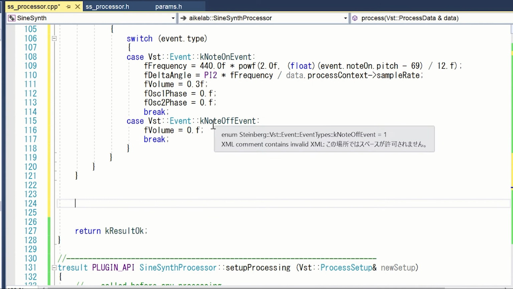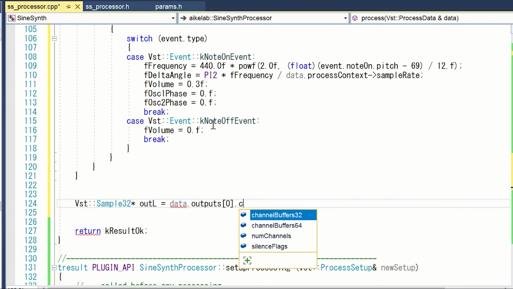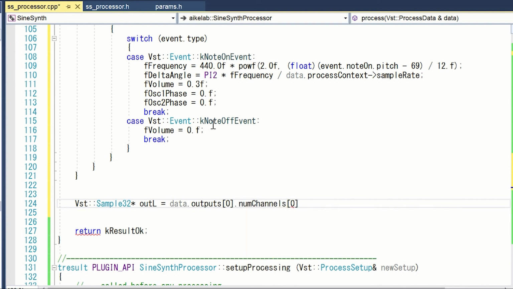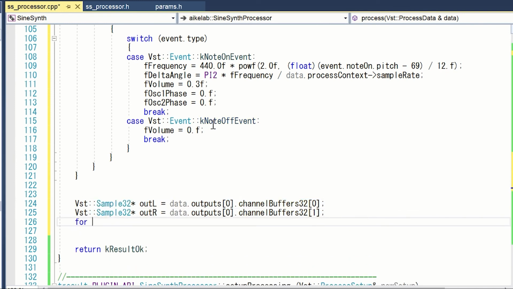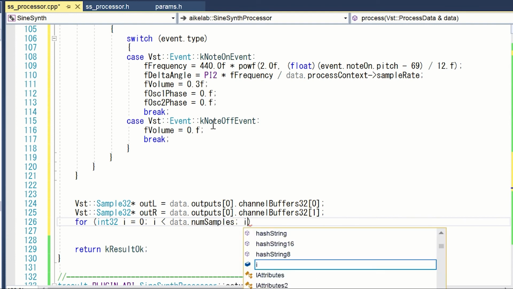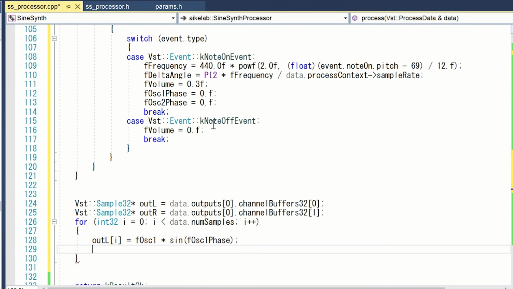Write the waveform generation logic. Get pointer to the output buffers. Generate a sine wave with a sine function.